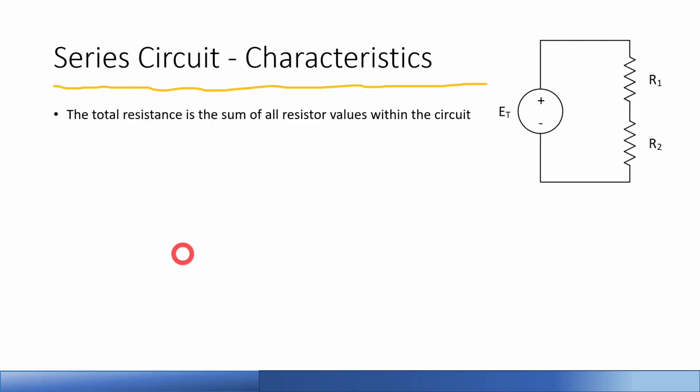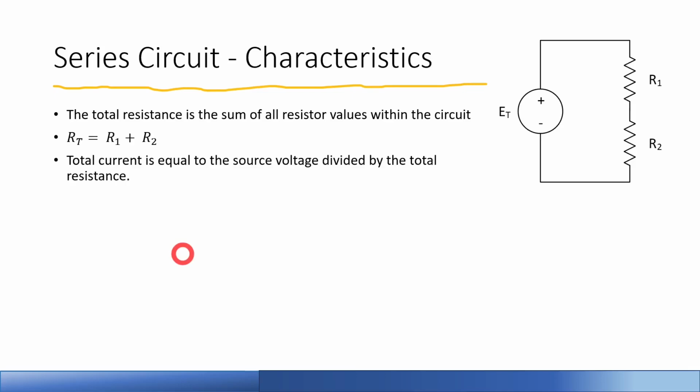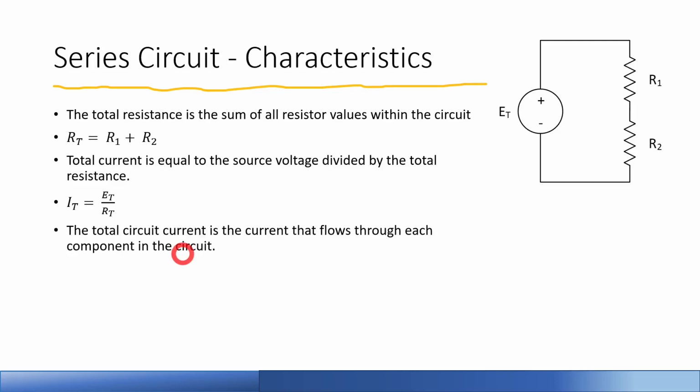Okay, series circuits characteristics. The total resistance is the sum of the resistors. So we just add up R1 and R2 and we're going to get our total resistance. The total current is equal to our source voltage divided by that total resistance. So the total voltage we're putting into it and the total resistance we have across it is going to give us our total current. And our total current is current that flows through each component in the circuit, so there